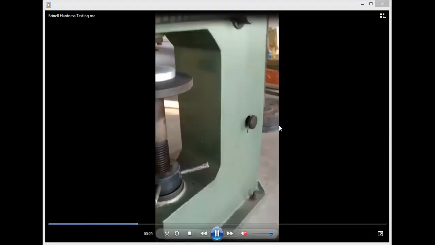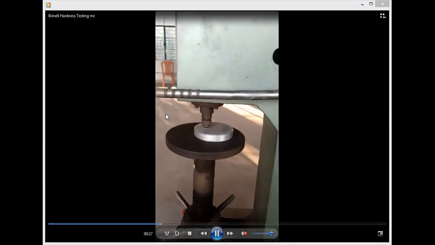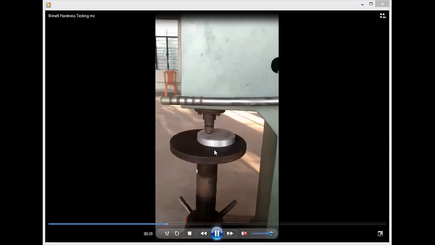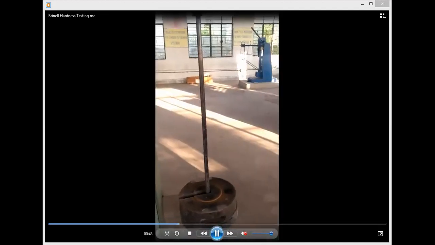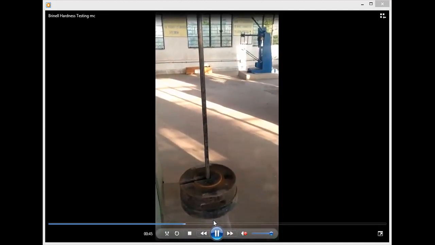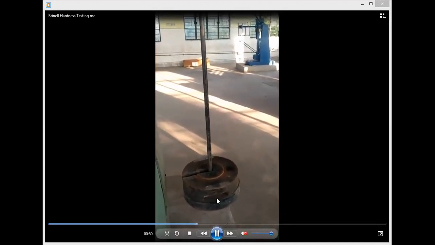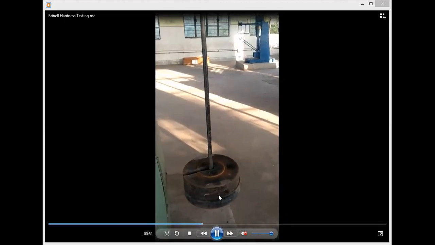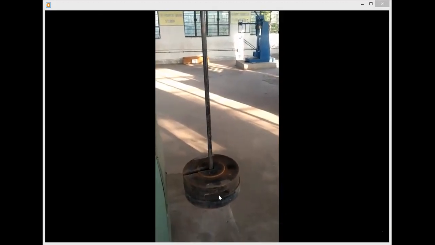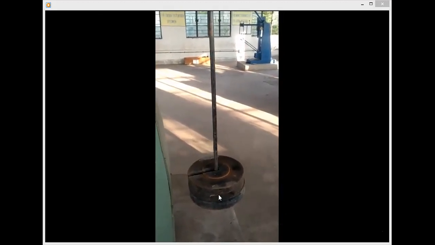The actuating rod is still in this position because we have not applied the load yet. On the hanger, other than the 500 kg equivalent load, we have placed another 250 kg load, which is required for making an indent on the aluminum as per the specification given by the company itself.